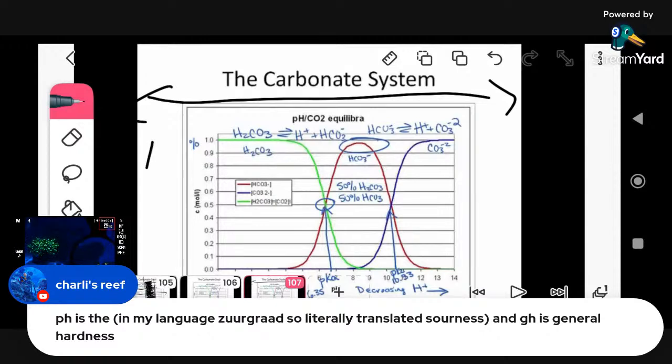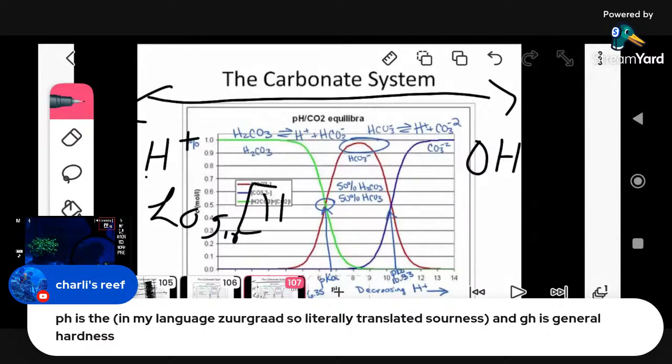You remember I told you guys about H plus on this side of the pH scale, and on this side you have the OH. To get the pH of anything, you take the concentration of hydrogen. Let me rephrase that before I mess it up. You take the log base, I believe log base 10. Charlie, correct me if I'm wrong. You take the log base 10 of the concentration of hydrogen.